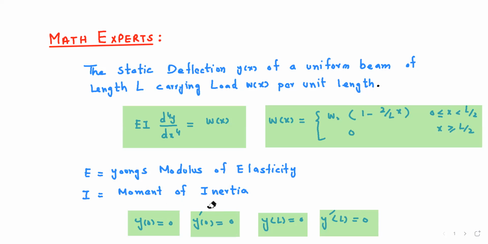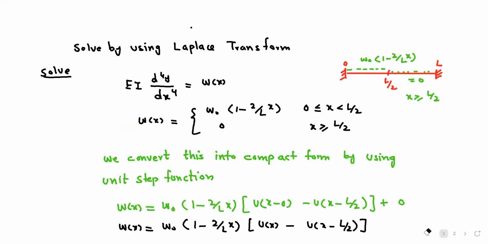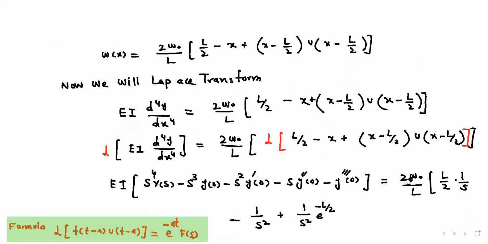We use these conditions here because we will use these conditions in this equation. Y of 0 is equal to 0, y prime of 0 is equal to 0, and when the first derivative is equal to 0, the double derivative is also 0 and the triple derivative is also 0. So we get